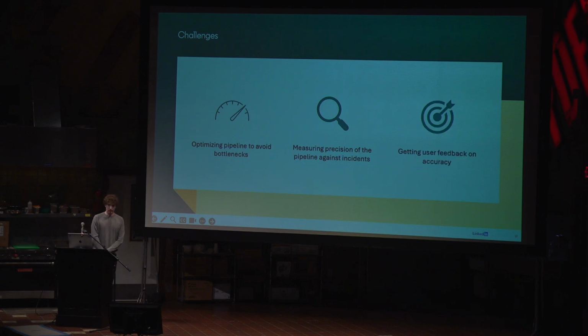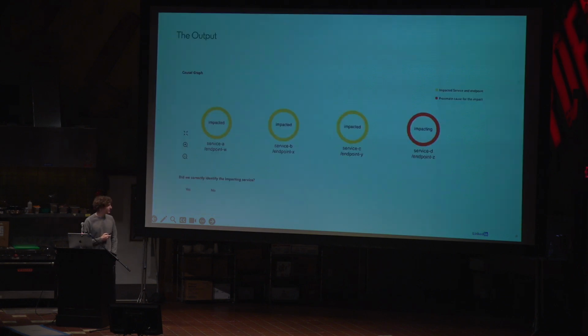Another area where we've had issues is getting user feedback on accuracy. As you saw a few slides ago, we have this little yes or no prompt for if we correctly identified the impacting service. It turns out